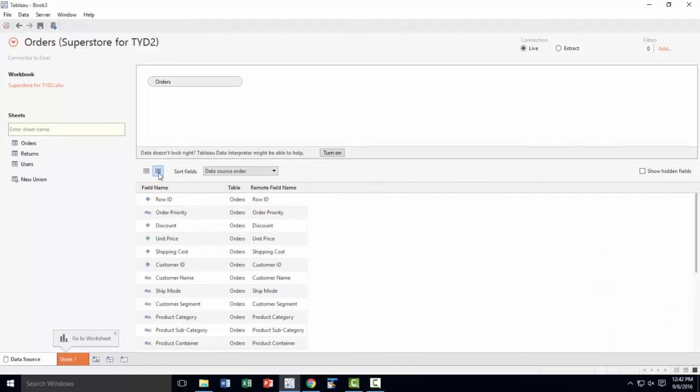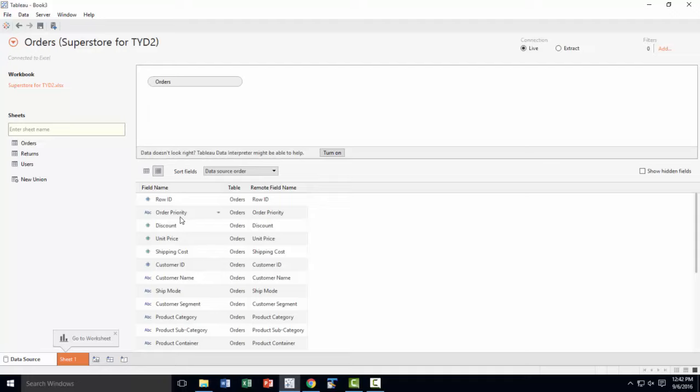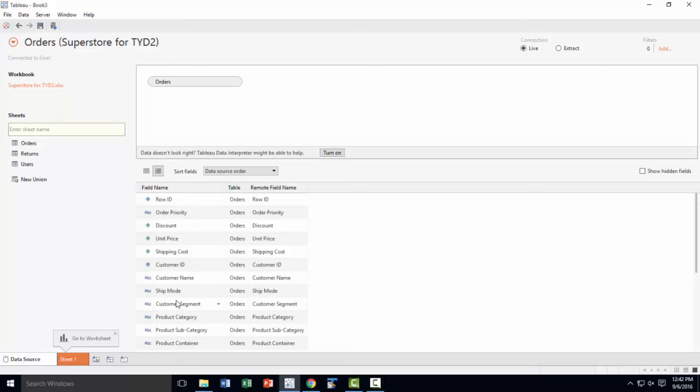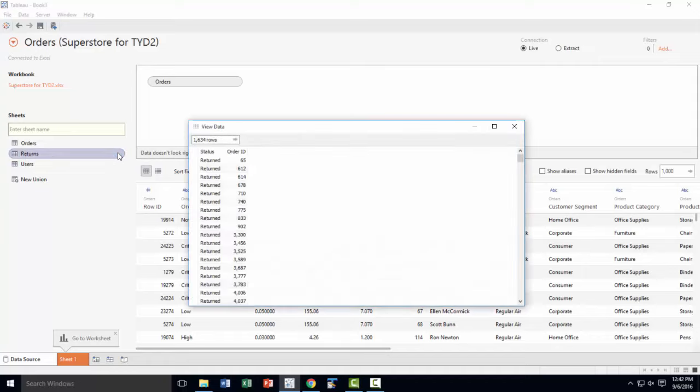You click this, and then you can review the different columns. So we have order priority, discount, order ID, customer ID, and all kinds of other good information. Now let's bring in return. But even before we bring in return, let's look at what the return table contains. The return table contains order ID and the status of the order,